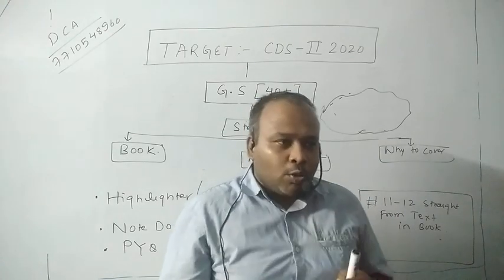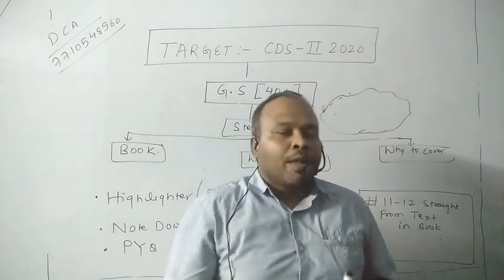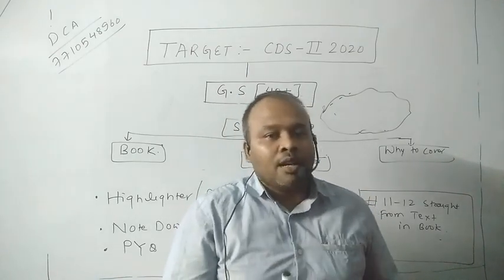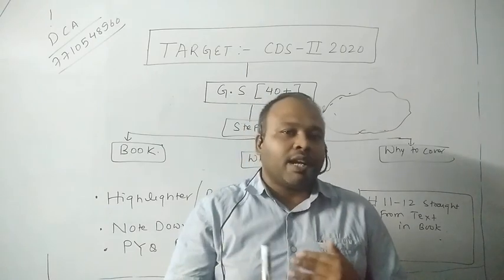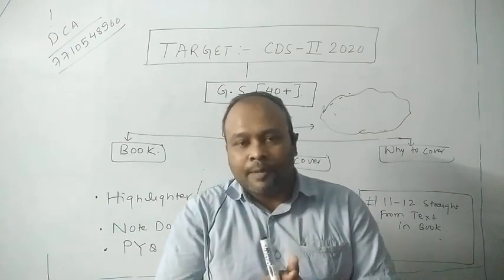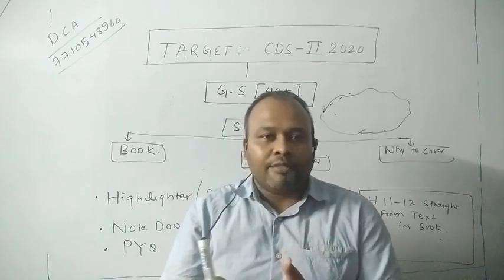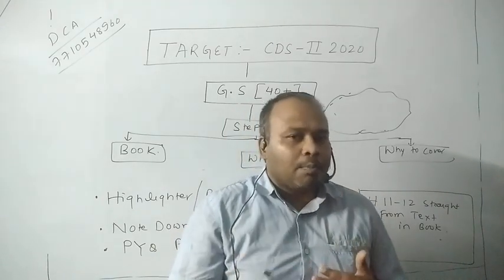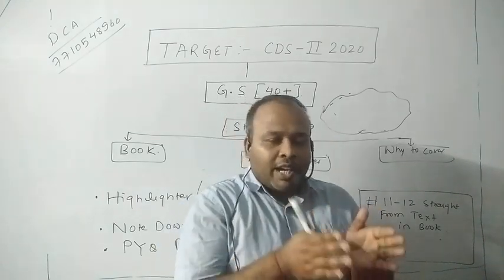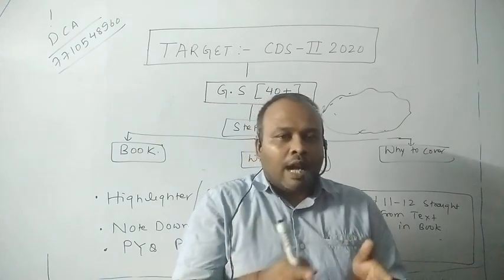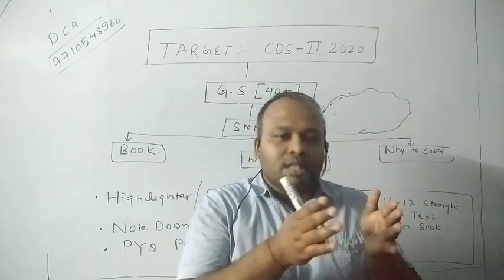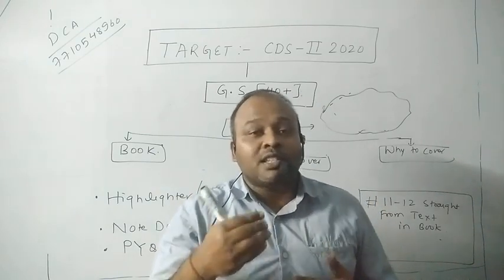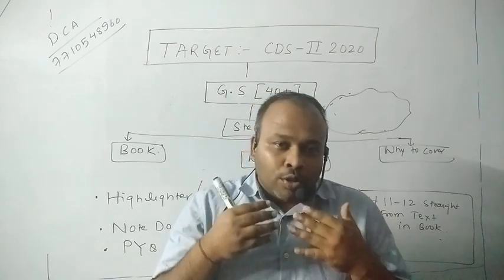But nowadays when you look upon the CDS 1 2020 paper and the written exam result, whose actual cutoff has not been declared, but as the CDS students as well as the faculty and coaching fraternity have been discussing, the cutoff is of course more than 94 or 95. This is what is going around in social media or discussion forums, which you are pretty aware of. That means you try to make sure that okay, the plan should be I have to get 70 plus in English or 65 plus at the minimum. But you should plan, I think you must plan, that the GS score should be 35 or 40 plus.